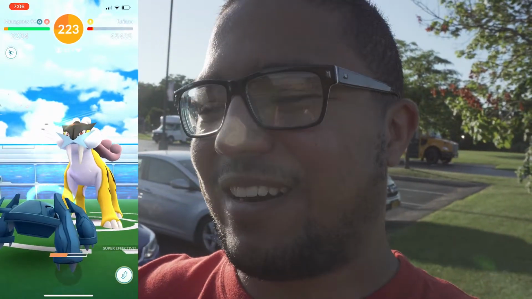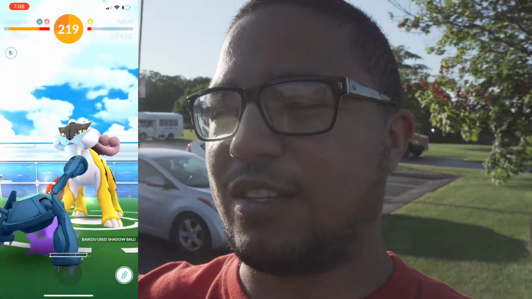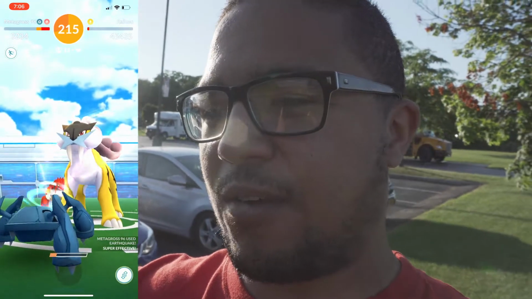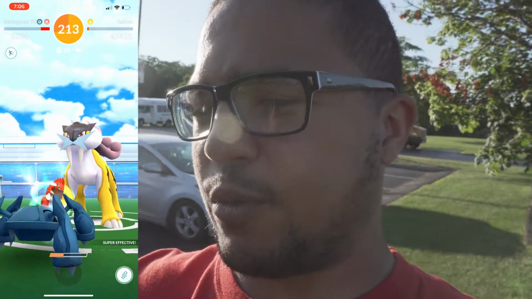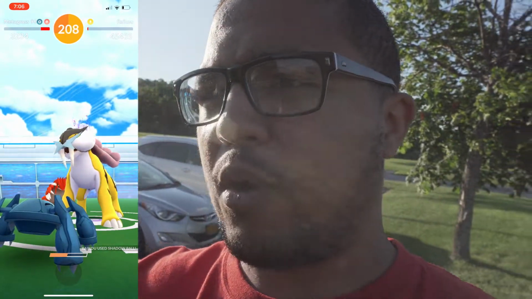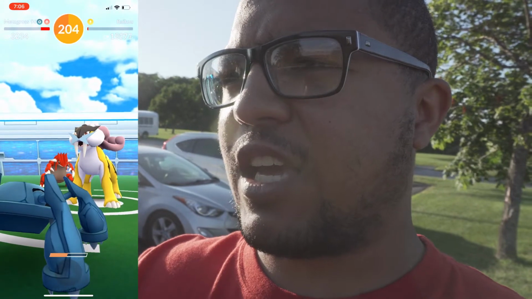I want to say Metagross. There we go. Good journalist. Get in here, big guy. What do we have? Earthquake as the charge move. Yes, there it goes. Earthquake happening right there, right now. That is definitely a super effective move, it being a ground type move against Raikou, an electric type Pokemon. And there it goes. It's going down. The last one of the day is a